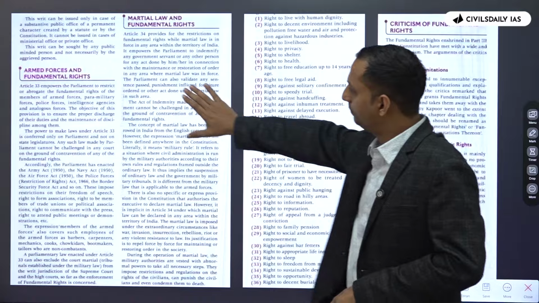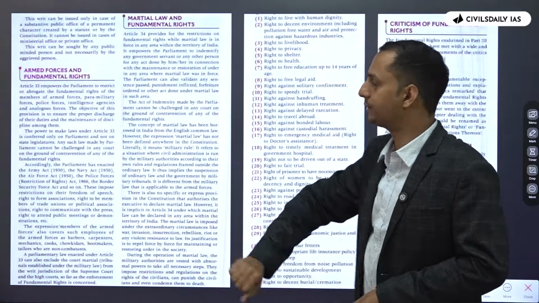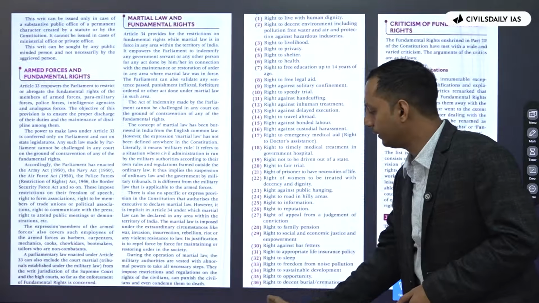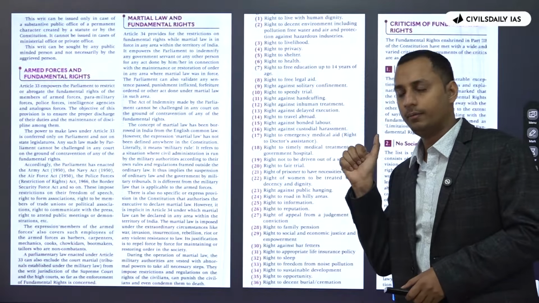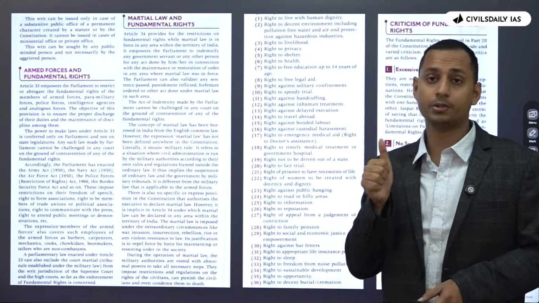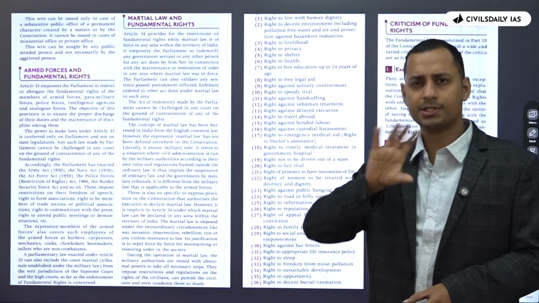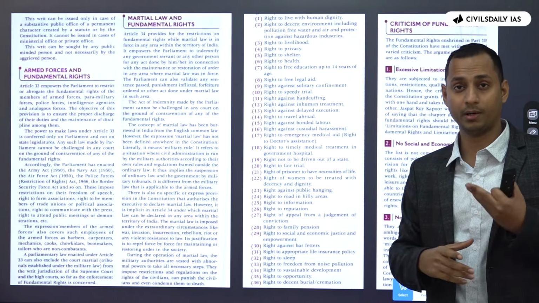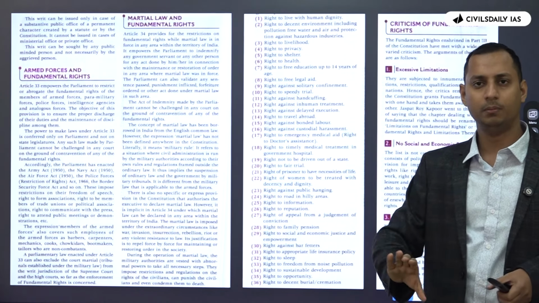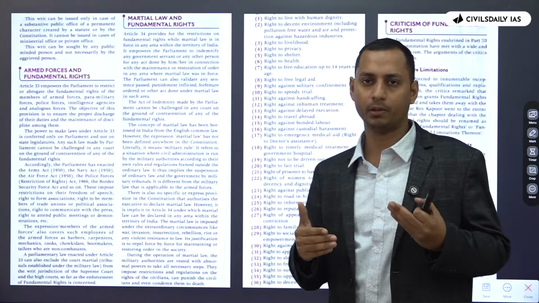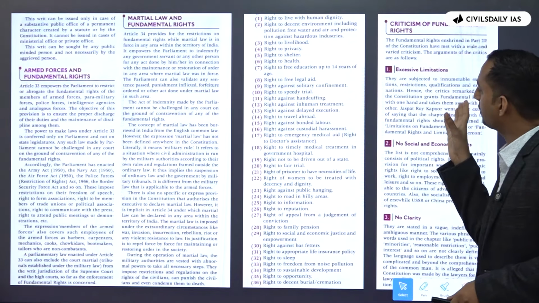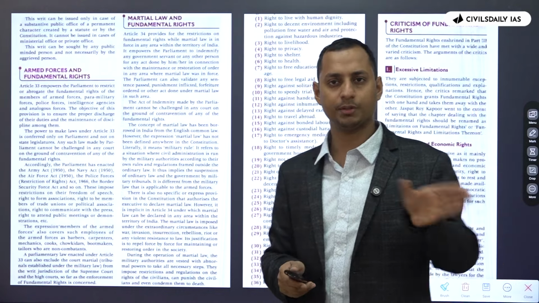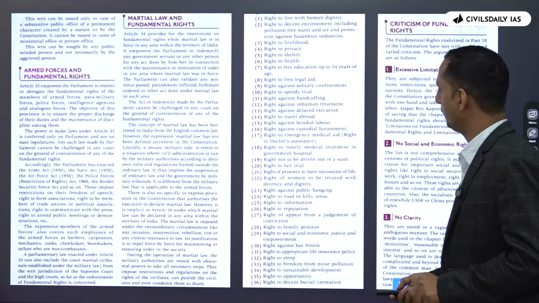So this is one area. If possible, you need to give less importance to martial law. And you don't need to learn by heart all the 36 rights given in right to life and liberty. You just need to have an idea regarding the same. It's not possible for you to memorize the whole thing. Just go through it. When you revise for the second time, you don't need to learn by heart. And also the criticism of fundamental rights is only there in Lakshmikanth. It's not there in the Constitution. Therefore, you have to ignore the same.